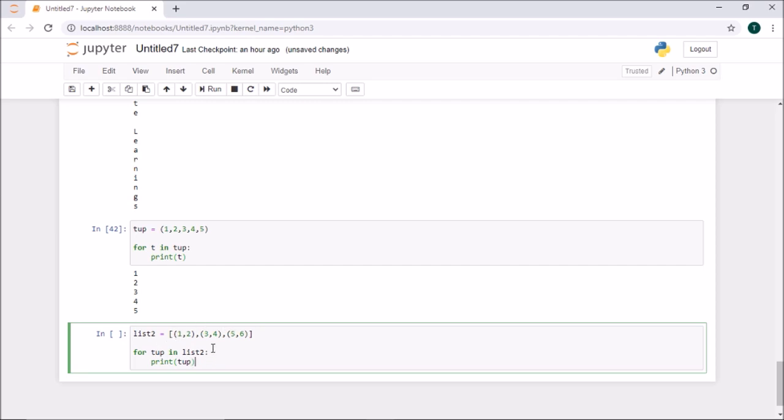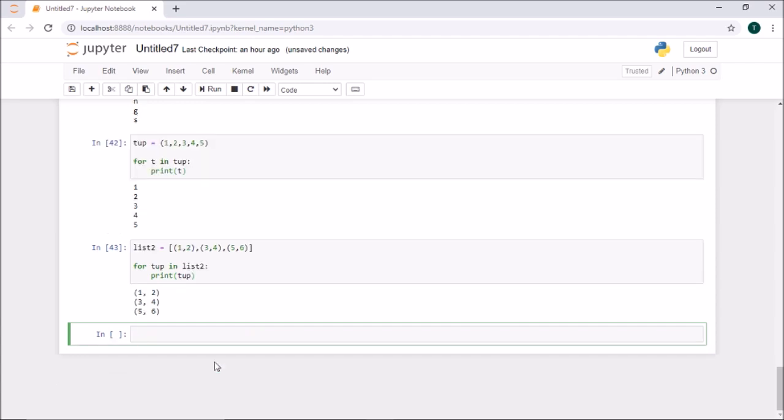I'll give you an option: whether I'll be printing my value like this, 1 2 3 4 5 6, or else 1 2, 3 4, 5 6, like that. Will it go for iteration inside the braces or only on the elements? Yes, you can't comment, right? Sorry about that. So it will be 1 2, 3 4 and then 5 6.